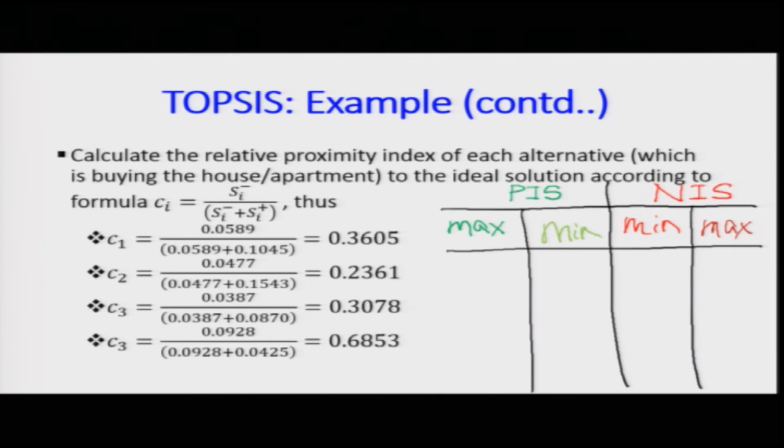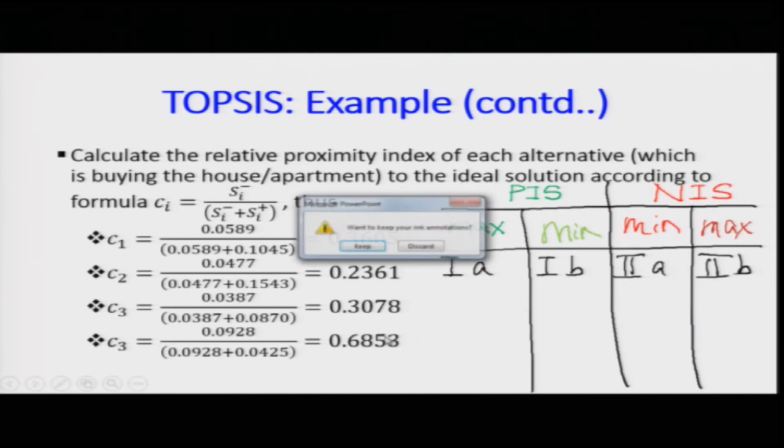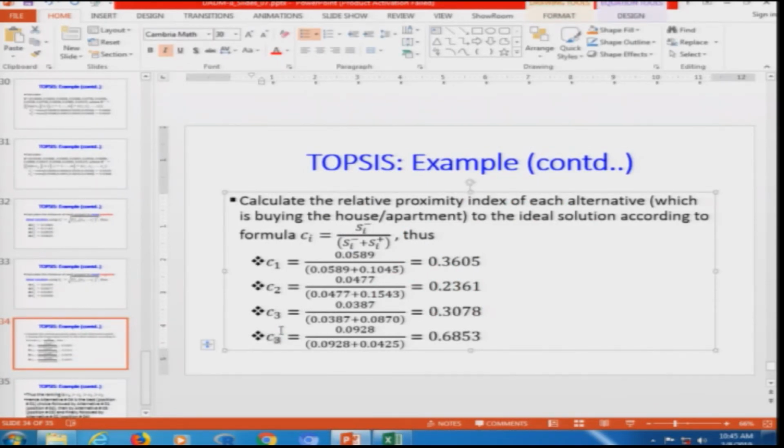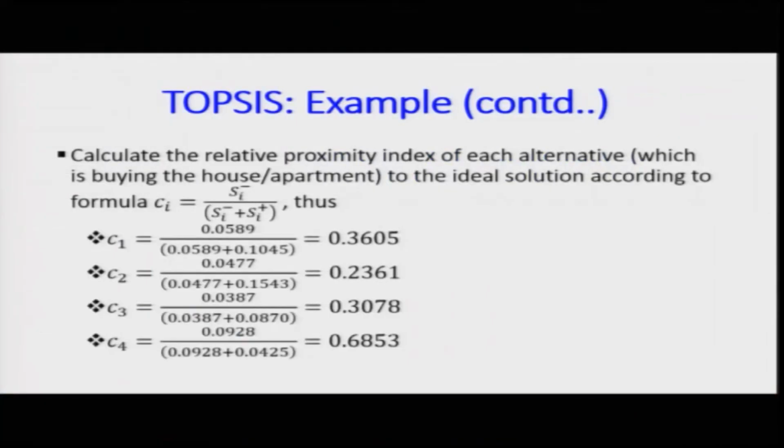So, what I am trying to do is that here what is coming out here is this one. I will mention it as first A, first B, second A, second B. So, the combinations can be done accordingly. The values of C1, C2, C3, okay, this should be C4, sorry for that, and I will change it here. So, the values are coming out to be as it is given.